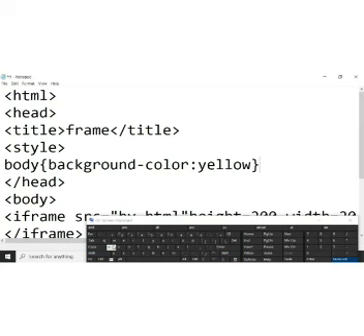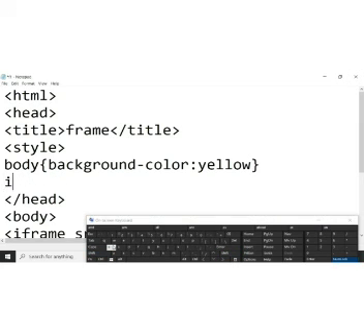Now if you want to give style to the frame also, you write the selector iframe, then a curly bracket, and give border equal to, suppose, 10 pixels. You can specify, if you want a dotted one, dotted purple.